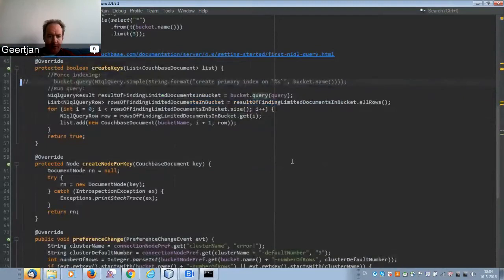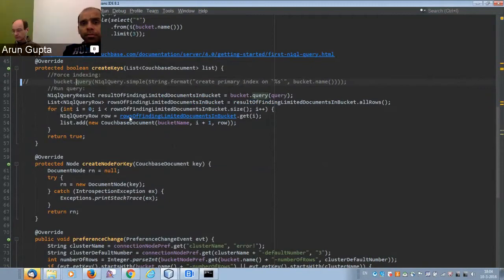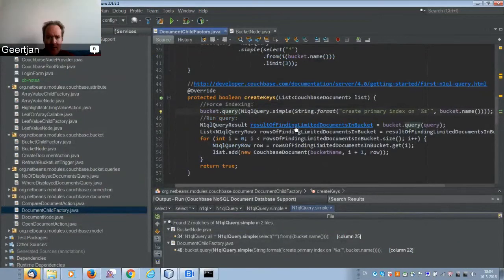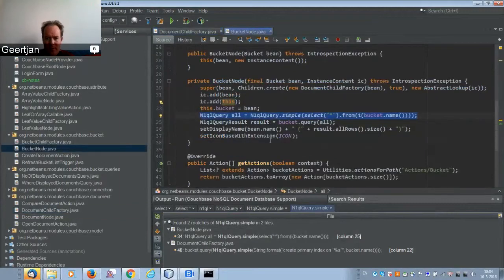On this level, these keys are the attributes within the document. And what's going on here is simply a selection within a particular bucket. Right. Yes.